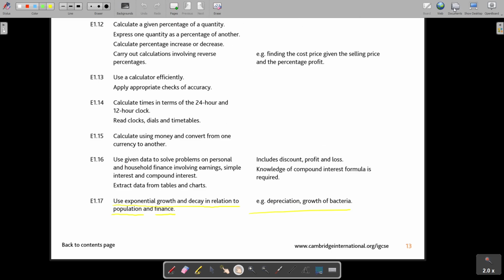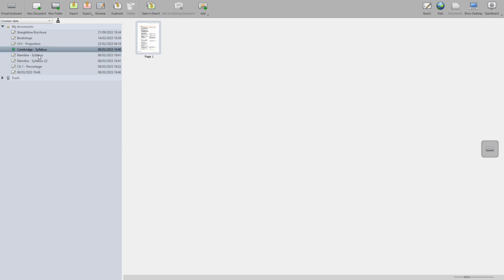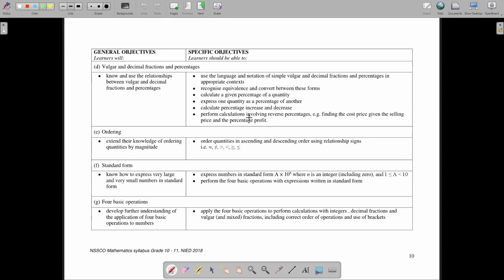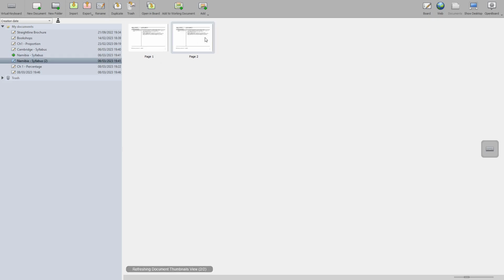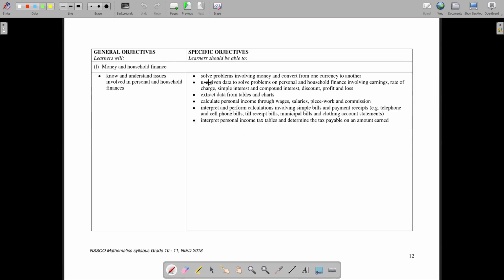If you are looking in our syllabus, where's percentage? Let's just quickly see. Okay, there is percentage. So there's just the normal percentage. Do you see? And there is the reverse percentage. I don't see exponential percentage. Even if you go to the next page at finance, if you go through that on page 12, this is the Namibian syllabus, I still don't